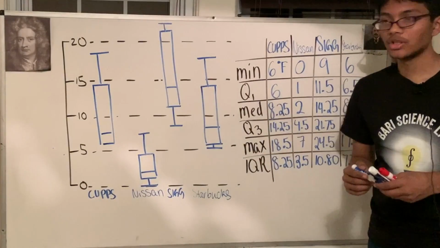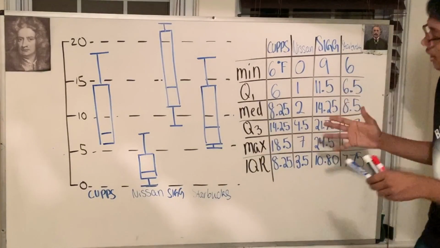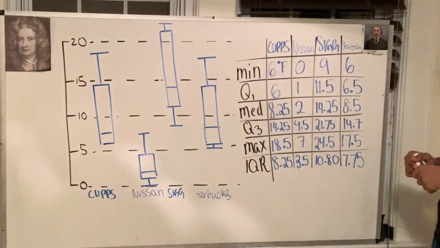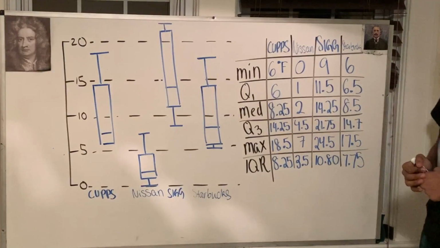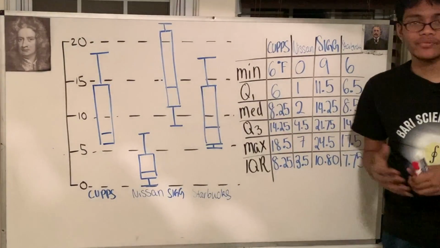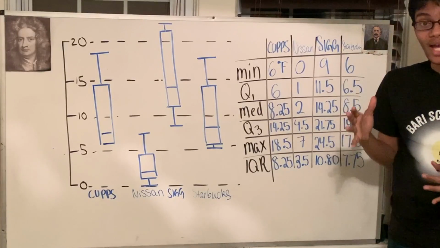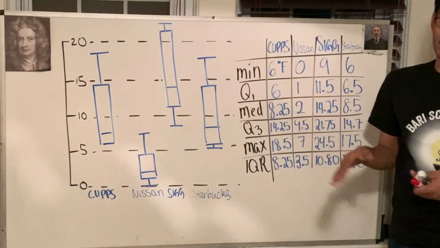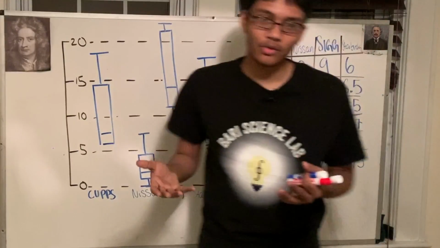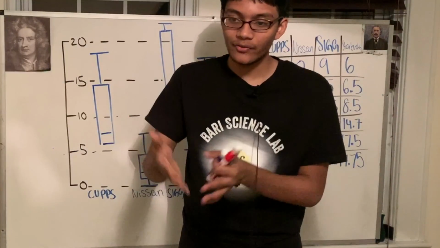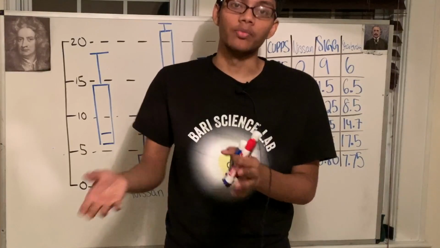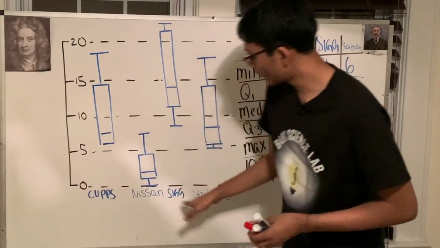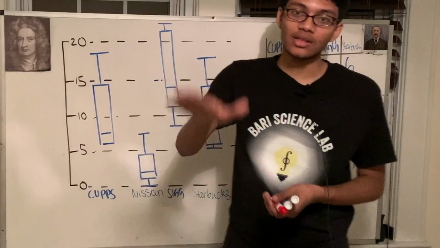All right, ladies and gentlemen, let's go ahead and try to compare these two data sets. What do we have going on here? Well, we have a lady and she's trying to find out how well these 4 cup holders preserve the temperature of a cup. So for example, let's say you're going to Brooklyn Tech one day and you've got some, I don't know, soup, right? And you put 4 of these lids on top of your soup,